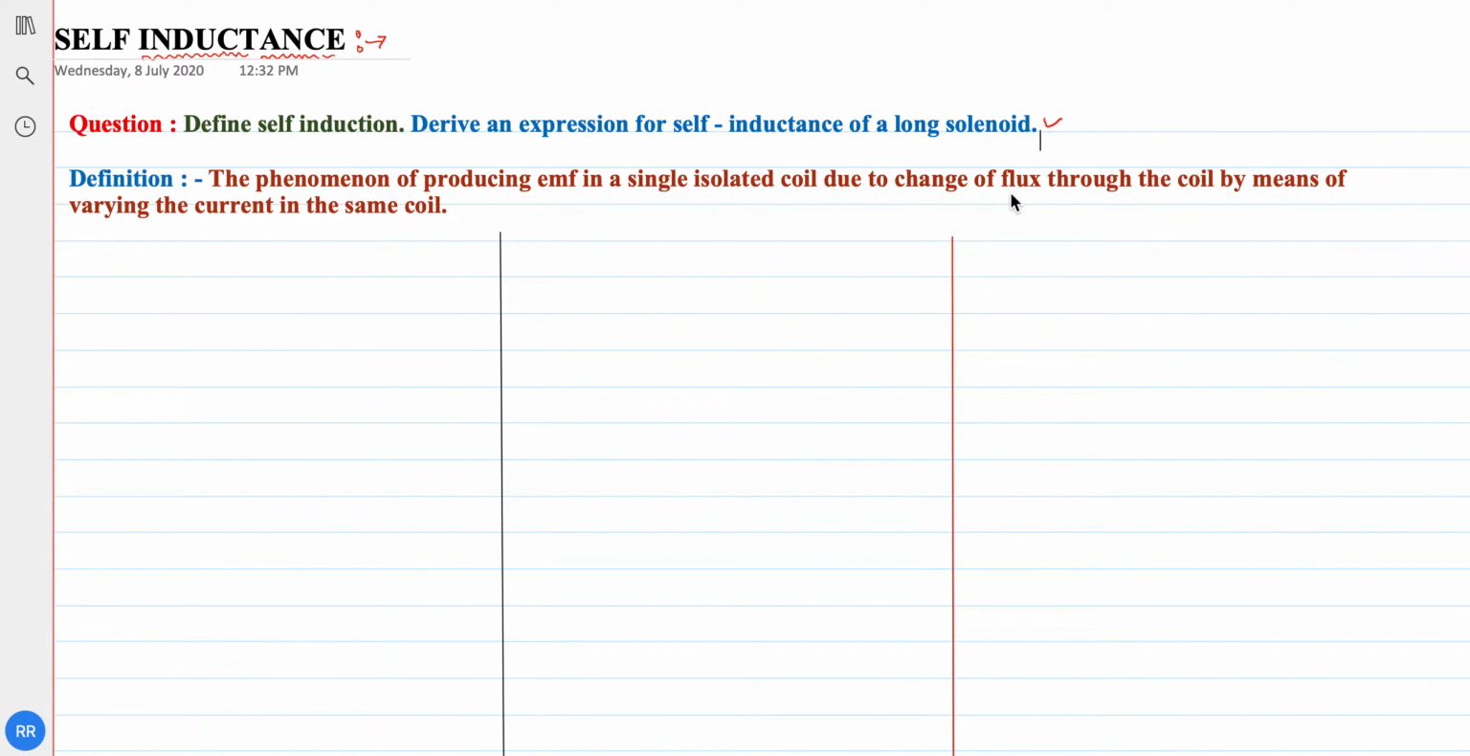Then you can create some other question. I will discuss it with you also. But first we'll start with the definition, and then I will explain this definition as well. Before explaining the definition, I would like to recall for you Faraday's experiment, that if you have a coil of this kind,